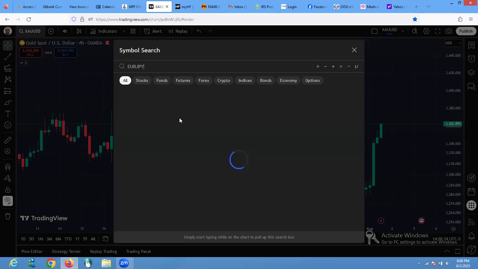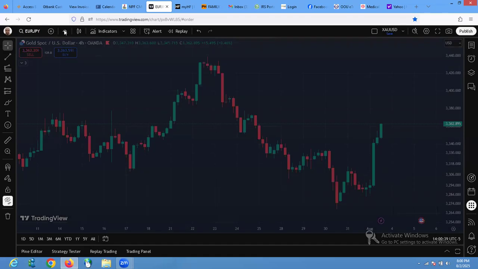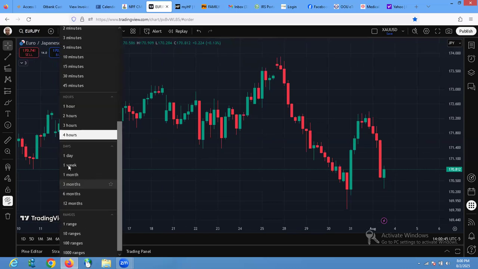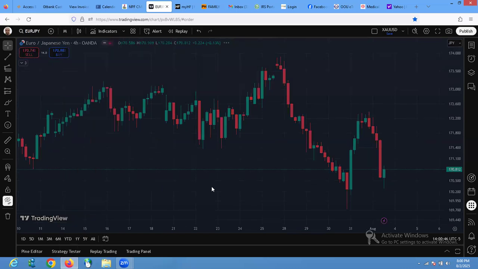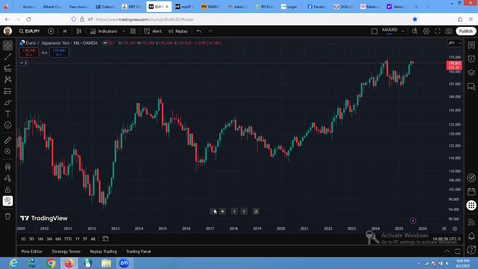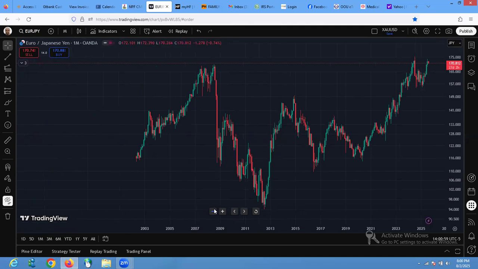Euro Yen will be the last one. We are going to look at what the monthly candle is telling us. Here, the monthly candle. So what I can see here, at first we were taught that the price